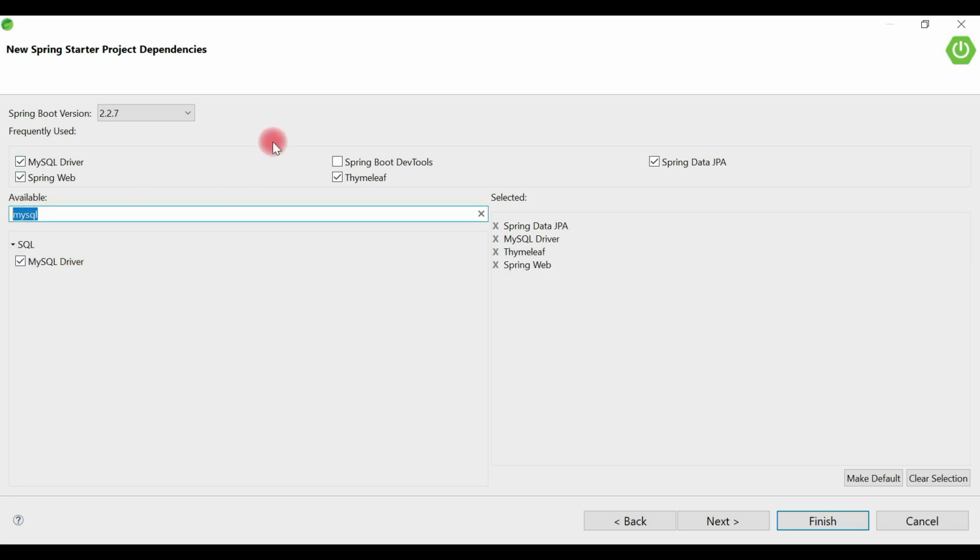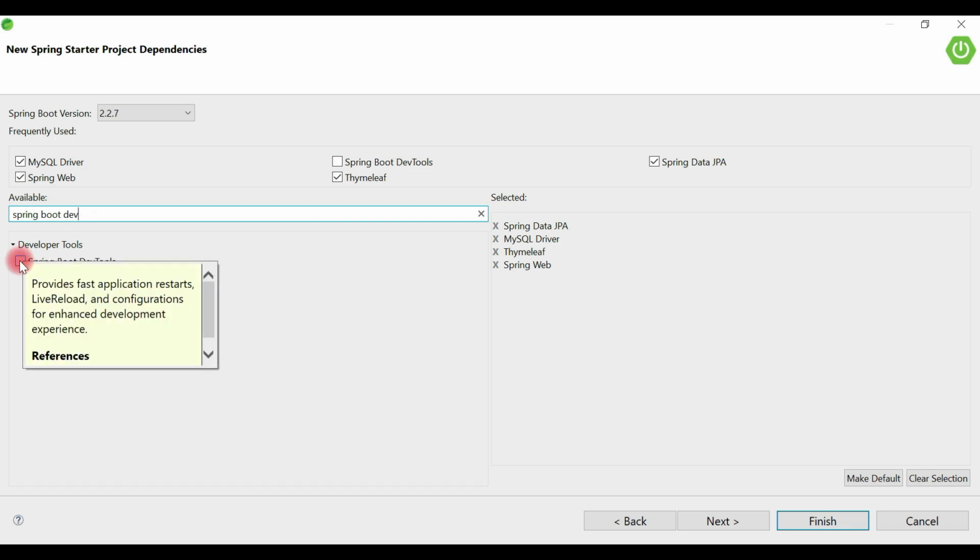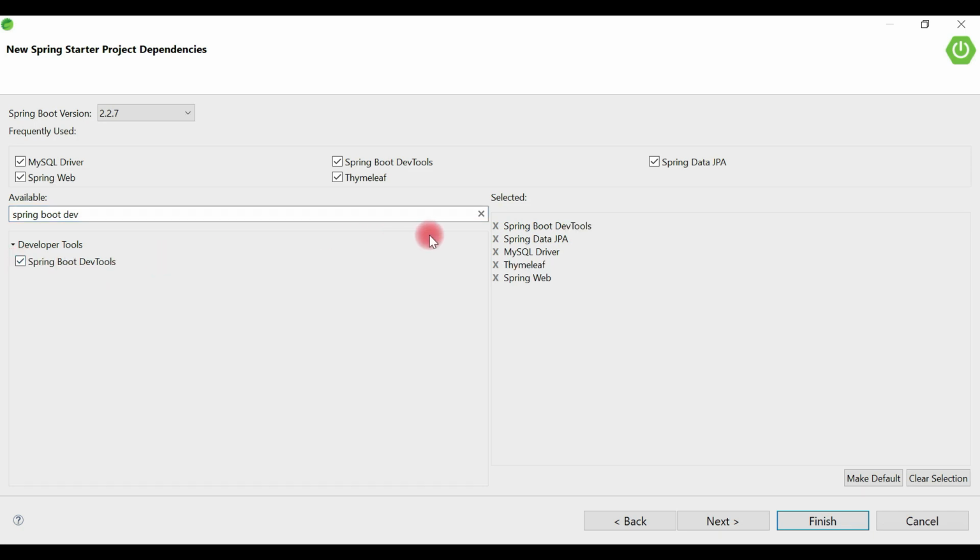and we also use Spring Boot DevTools. This is a cool feature provided by Spring Boot. Whenever we make changes in our Spring Boot project, this dependency will automatically restart the application. That we will see in the application development. Alright, so these are the dependencies that we need to develop our real-time project using Spring Boot and Thymeleaf.